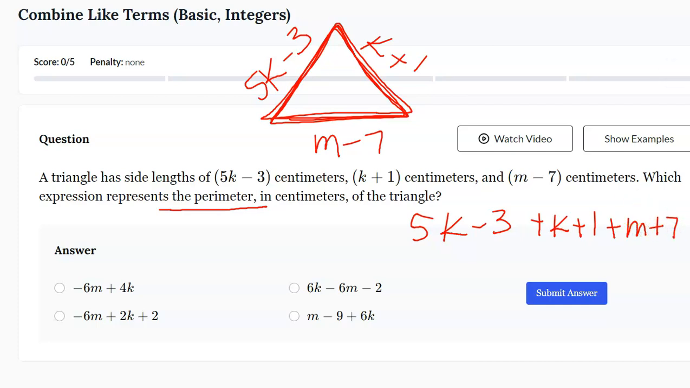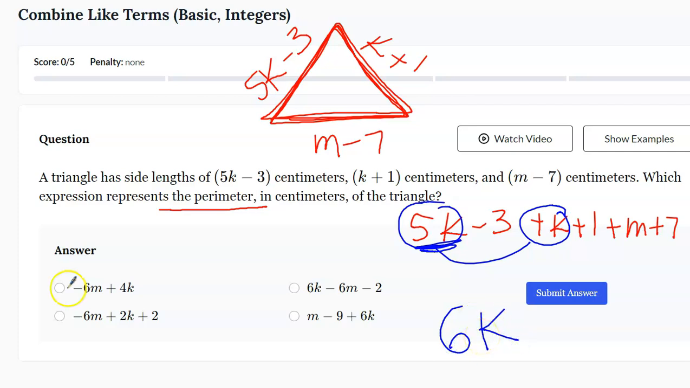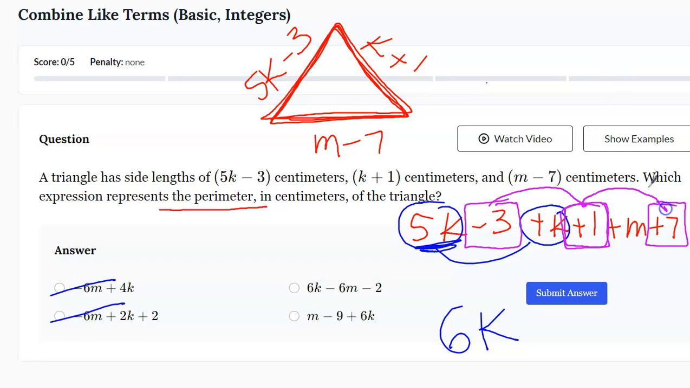And I do have some matching letters here. I have a 5k and a plus k. And these two, when combined, make a 6k. So I can cross this off. It doesn't have a 6k. Cross that off. It doesn't have a 6k. Now, I see over here that I have a minus 3, which is just a regular constant number. I have a plus 1, and I have a plus 7. So negative 3 plus 1 is negative 2. Negative 2 plus 7 is